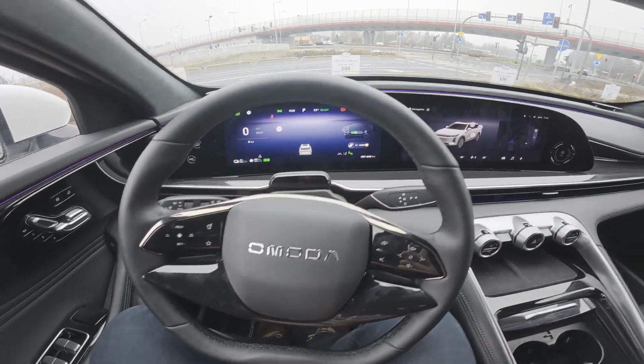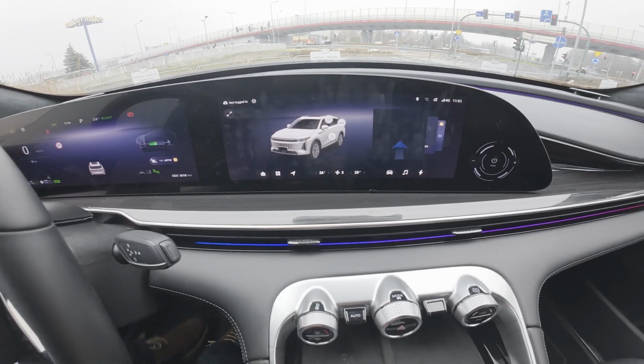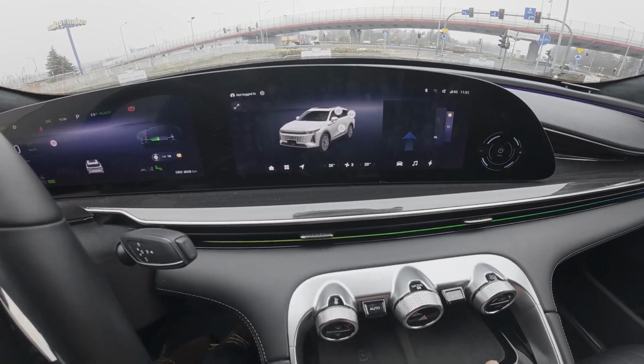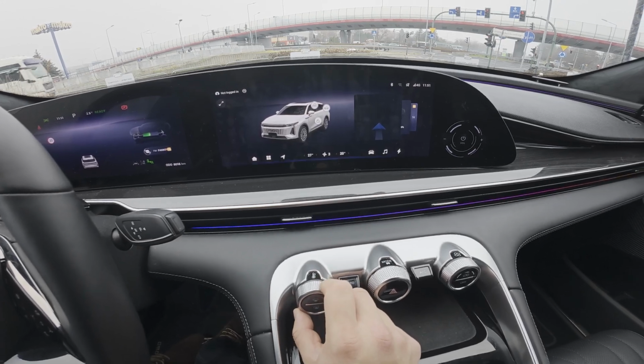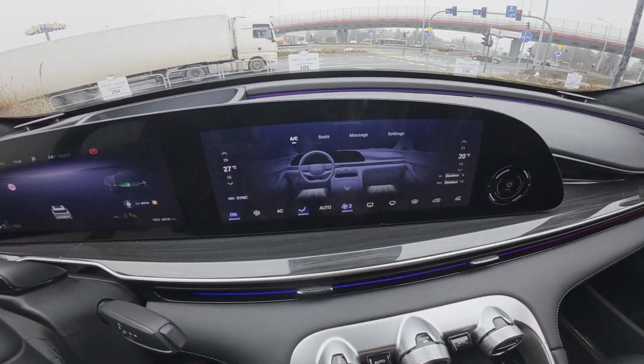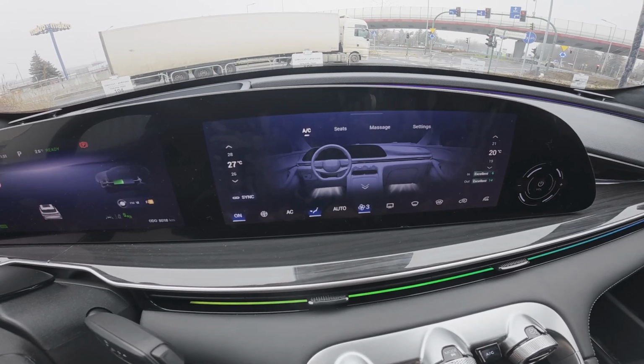In the beginning, take a look in the center of the car. Right here, we've got the climate control panel. For example, twist this knob and on the screen display you'll be able to see all climate control menu where